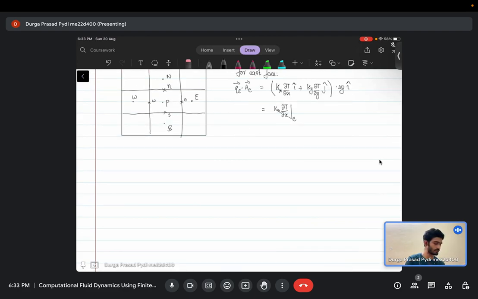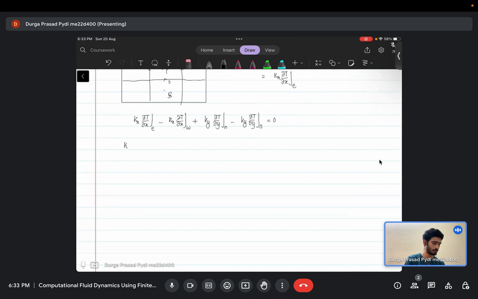So what you will essentially get is something like Kx del T/del x on the east face minus Kx del T/del x on the west face plus Ky del T/del y on the north face minus Ky del T/del y on the south face equals 0. So if you just take the same linear approximation as before, I'll just group the terms together and directly